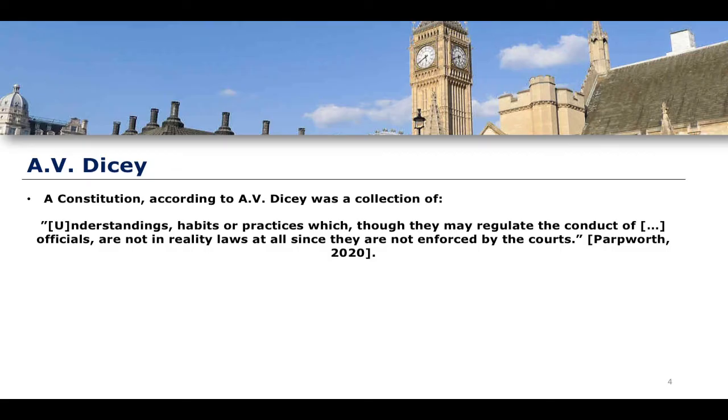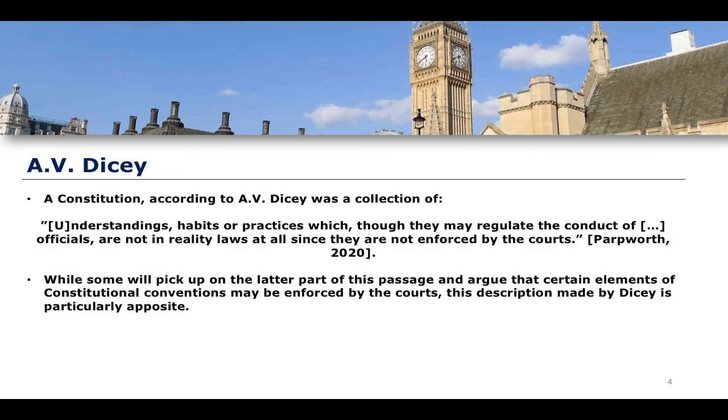And so as a result of this, we can see essentially the two key characteristics of a constitutional convention. The first characteristic is that it is a rule that people follow. It is a rule that is generally adhered to by everybody it applies to. So if it's a government constitutional convention, then it will apply to government ministers, for example. And it regulates conduct. That's part of the first idea of a constitutional convention. The second element is the fact that in reality, they are not laws and they are not enforced by courts. This gives us the second principle of constitutional conventions.